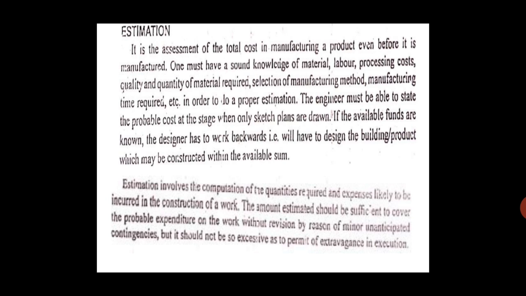One must have a sound knowledge of material, labor, processing cost, quality and quantity of material required, selection of manufacturing method, manufacturing time required, etc. in order to do proper estimation. See, as an estimation engineer, you should know what type of material you are going to use, what is the labor, what machines you are going to use, what is the cost of processing, then quality and quantity of material required, then what is the manufacturing process, because different processes have different characteristics and different costs involved, then what is the time required. So all these things should be known by a proper